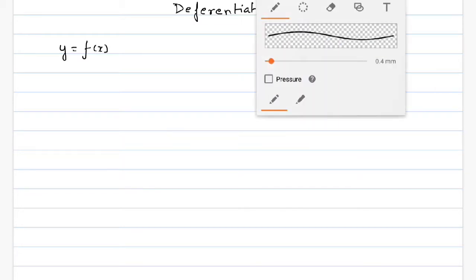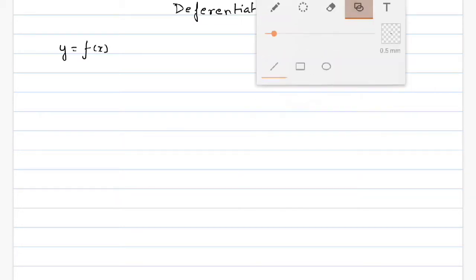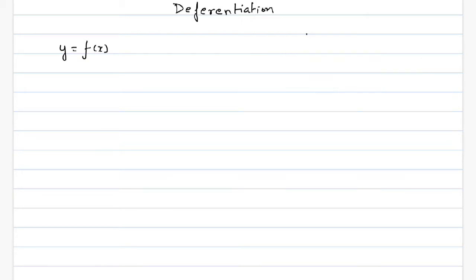In this video, we are going to start with differentiation. Let's take into consideration a function y, that is our f of x. Now if we need to find the slope of this particular function at a particular given point, let's take into consideration